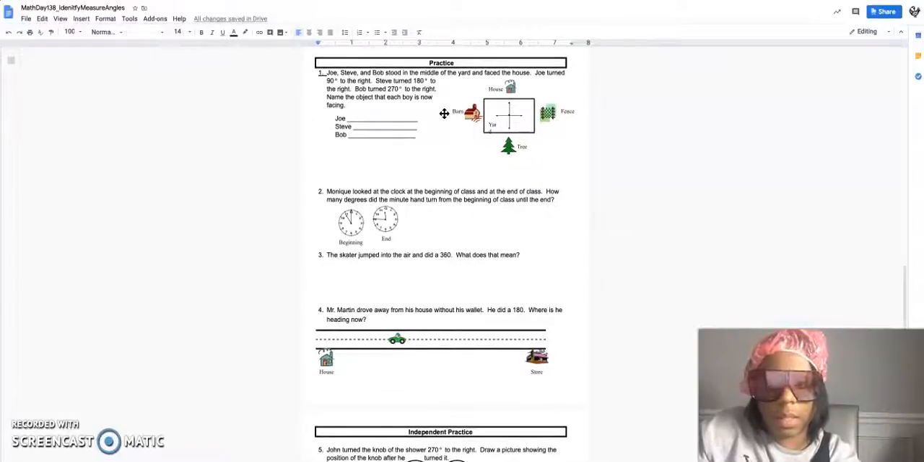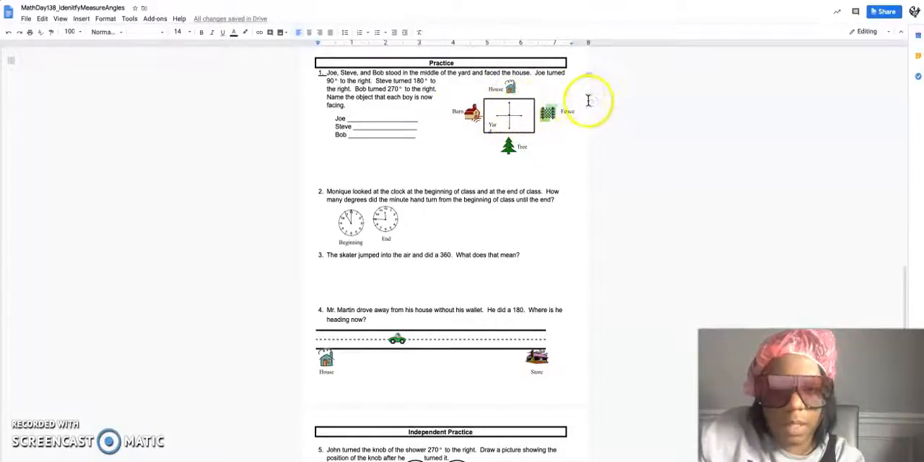Now, number 1 says, Joe, Steve, and Bob stood in the middle of the yard and faced the house. Joe turned 90 degrees, so that means he's facing the fence. Steve turned 180 degrees, so he's facing the house and he turned 180 degrees. So now he's facing